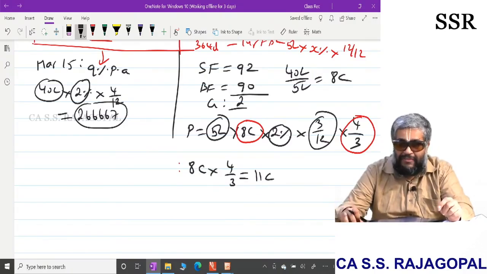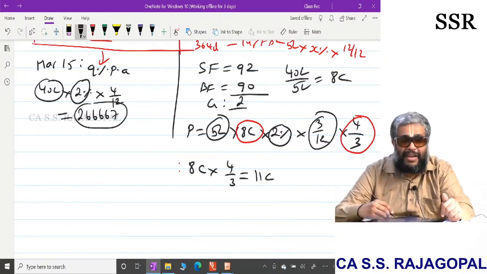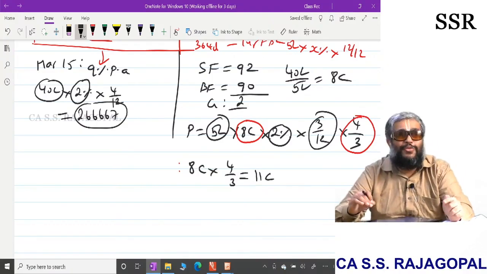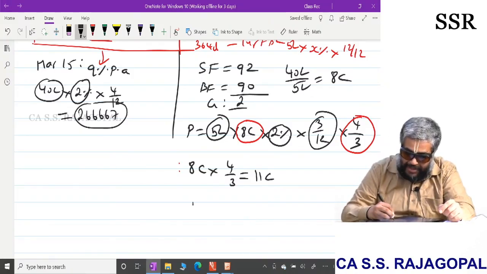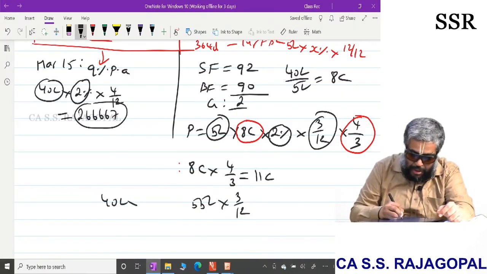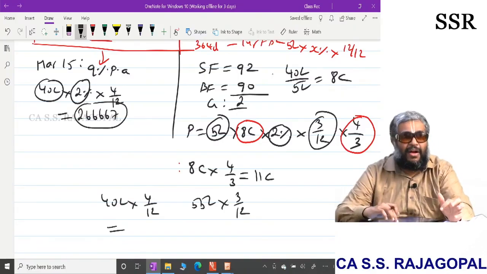See, if I put 11 contracts, what happens is the principal will increase. Understanding what I am discussing or not? So on 11 contracts, 3/12 will be as good as 40 lakhs into 4/12. Everybody understanding? In other words, 11 into 5, simpler. On 55 lakhs, if you multiply by 3/12, it is something similar to 40 lakhs into 4/12. Just approximately I am saying, in a contract rounded off, na?